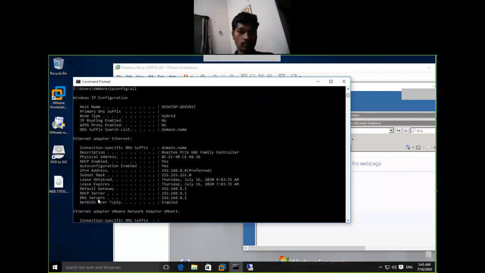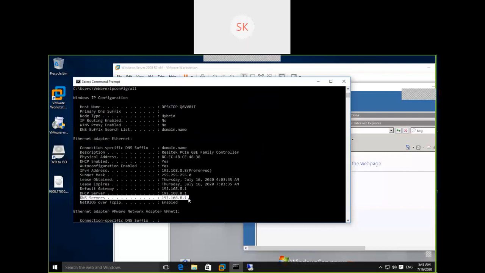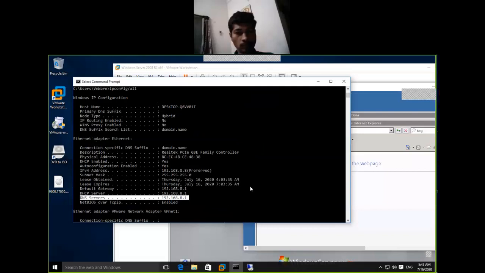192.168.0.1. Yes. Okay. Give this IP address in the server DNS configuration. Open remote desktop.